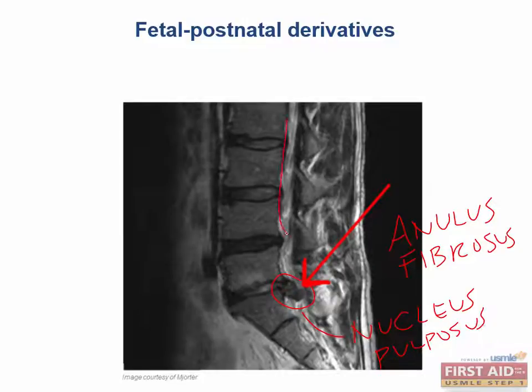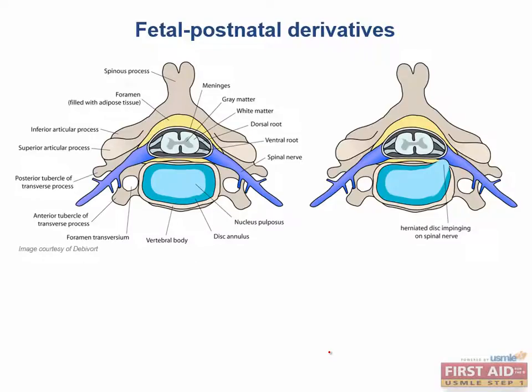So here are the spinal nerves, these are the vertebra, and you can see that there's a herniation of tissue and now it is compressing on these spinal nerves. We can visualize that here. The neurological symptoms that this female is experiencing occur from the herniation of the nucleus pulposus, impinging on a spinal nerve root. So you might know all this information, but you are still required to recall what the nucleus pulposus